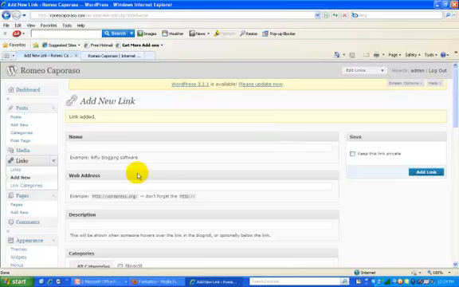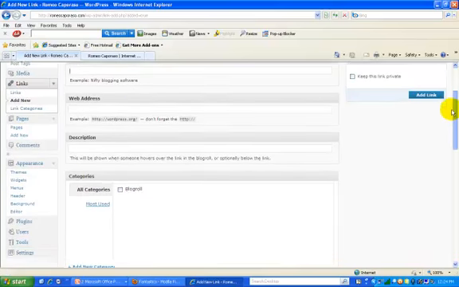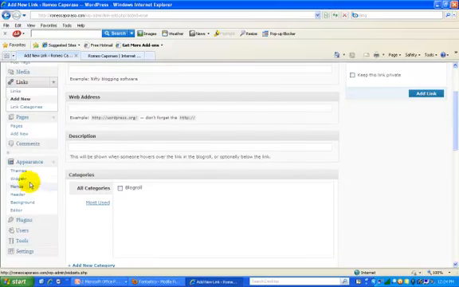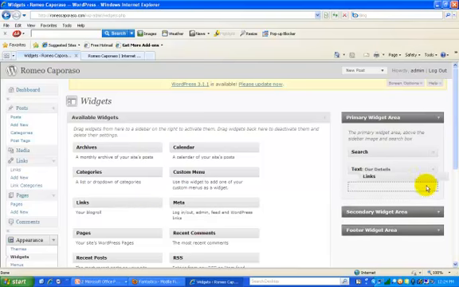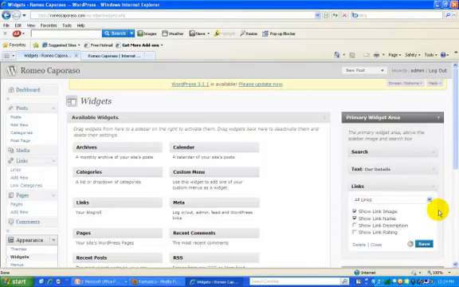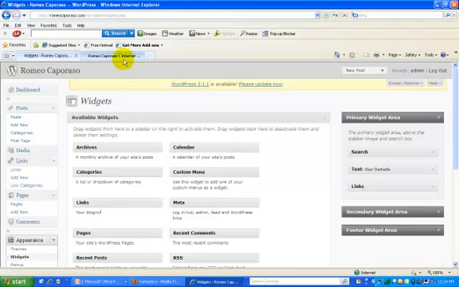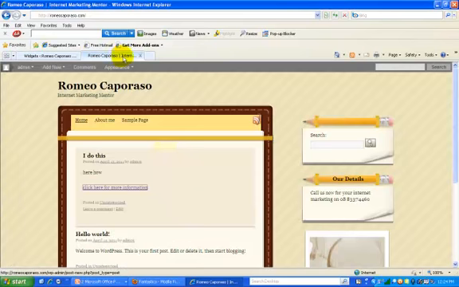And now that we've done that, I'm going to pop back into the widget, remembering the widget is the section of your website which appears on the right. Sometimes on some themes it's going to be on the left, by the way. I usually tend to have mine on the right. Okay, now we've done the links. Now if we drag this links up into this section here, okay, and then save it. Okay, and now if we just update that,